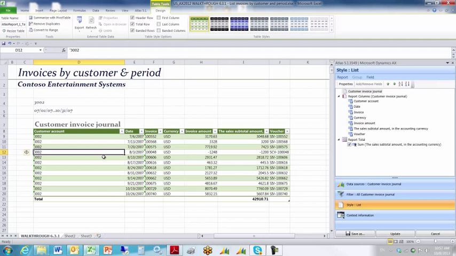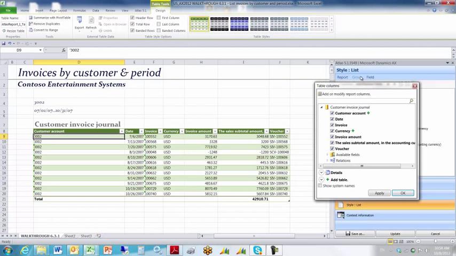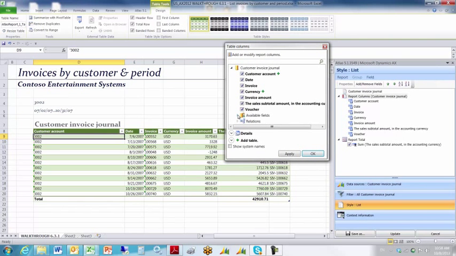Theoretically, we may have been asked to include an additional field into this report. That is easily done. Once my cursor is within the body of the table, for example right here, I can navigate to the Style List tab, choose the Report Columns Customer Invoice Journal node, click the Add Remove Fields button, expand the Available Fields node,